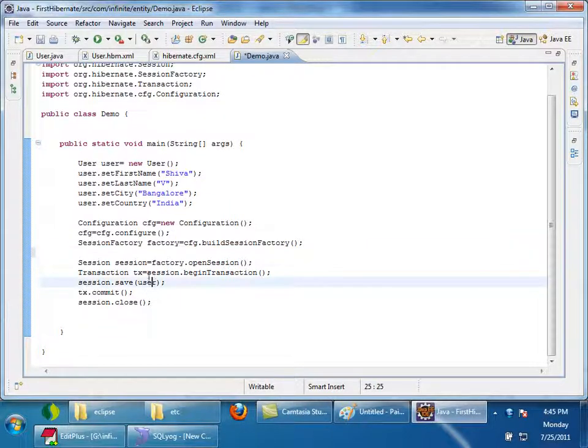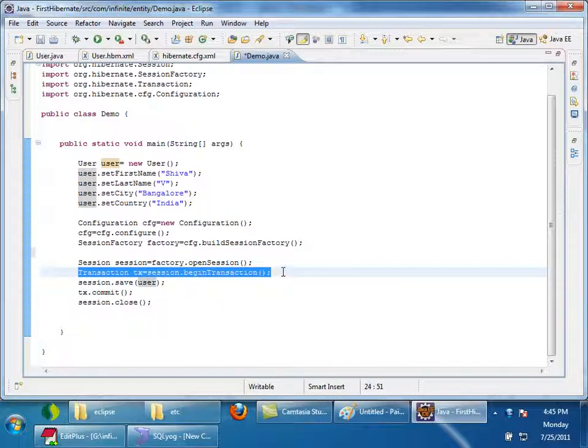Now after that, I started a transaction, right? Once I say begin transaction, a connection to the database is established, and the transaction is started using that connection. So can I say that Hibernate is internally using JDBC only? Yes, of course.